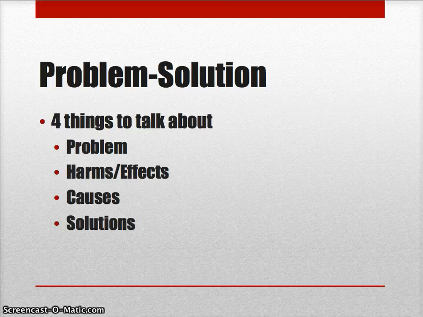So the solutions are going to be things that are actually going to fix the issues you're trying to solve, right? Which makes sense. And if you're thinking about that, one of the things you can think about is, what are some of the ways we can take away the causes of this problem? Okay, so if we're talking about the problem of homelessness, we're trying to fix homelessness, and one of the causes of homelessness is domestic violence, then one of our solutions might be that we need to try to end domestic violence in Calhoun or in Rome, whatever it might be, right? Or we need to decrease the amount of domestic violence that's going on.